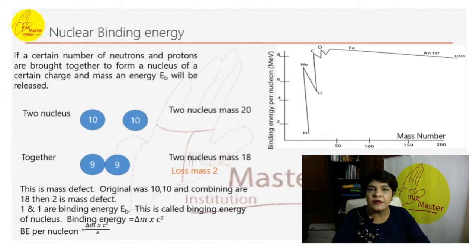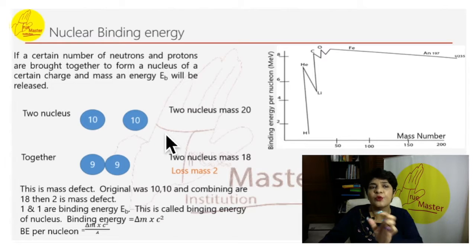We will be understanding the term nuclear binding energy. Okay, the mass of a stable nucleus is always less than the sum of the masses of the constituent protons and neutrons in their free state. This mass difference is called mass defect, which accounts for energy release. So in a simple example, I am going to explain to you. Let us take for example two free state protons with value 10 and 10 each. When these are in free state, not joined, then the mass is 20. Nucleus mass is 20, 10 plus 10.